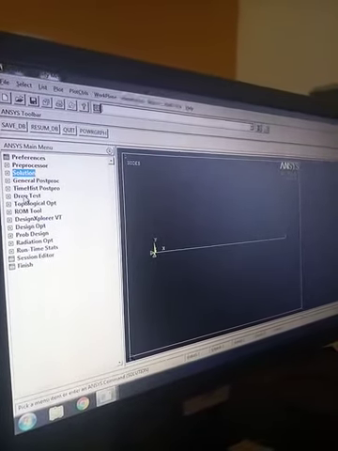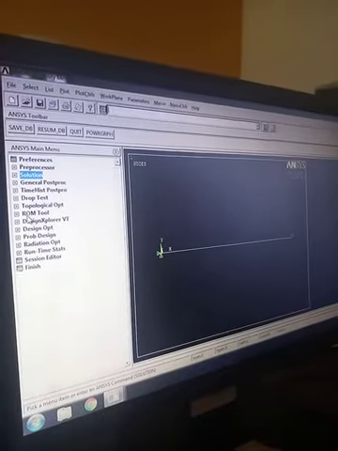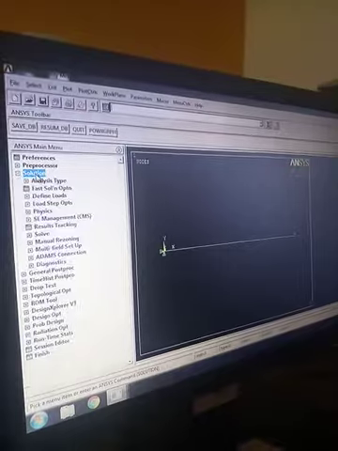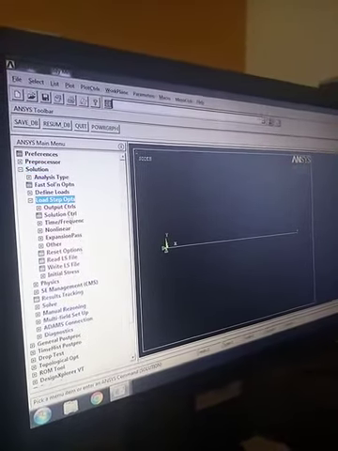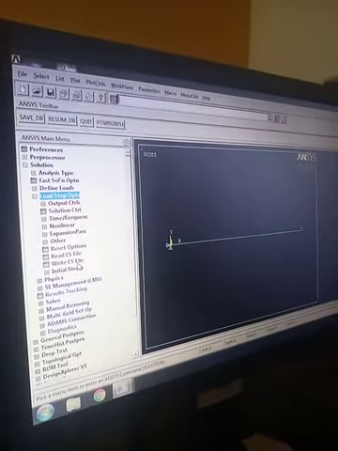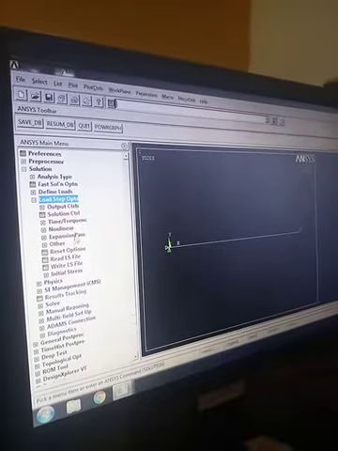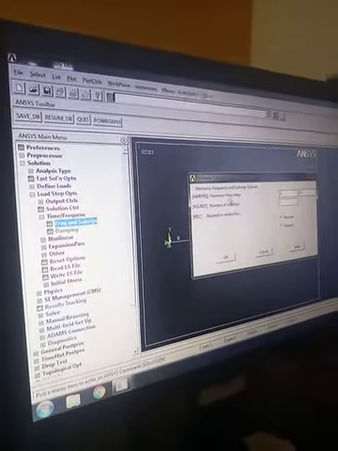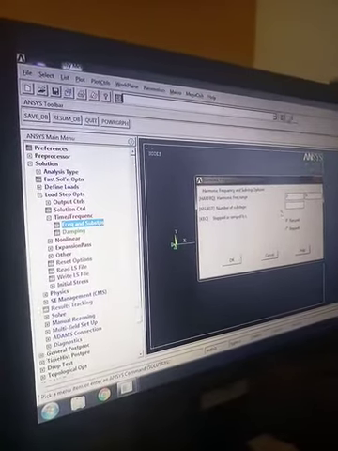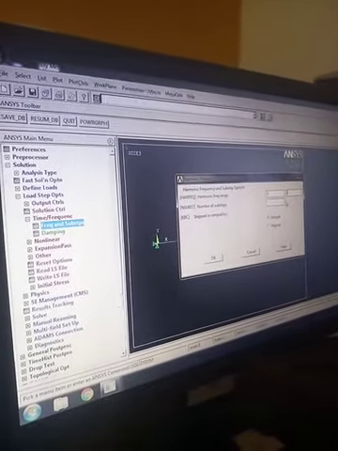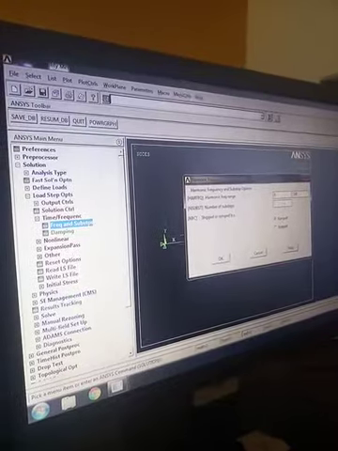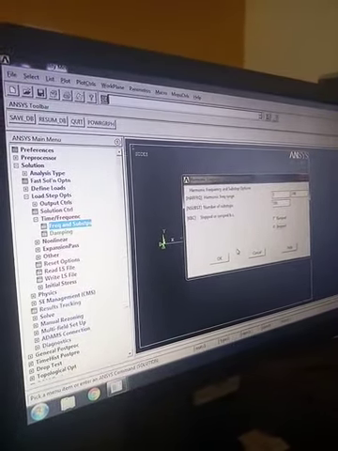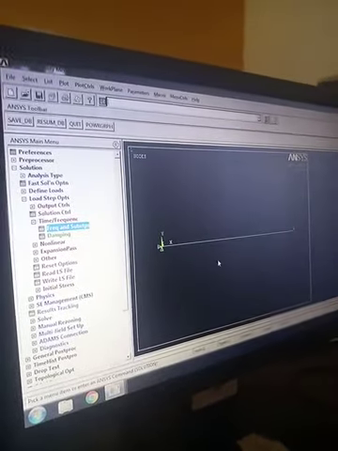Then after that we will go for Solution, Load Step Options, then Time/Frequency, Frequency and Substeps. The harmonic frequency range should be 0 to 100 and the number of substeps should be 100. It is not ramped, it is stepped.